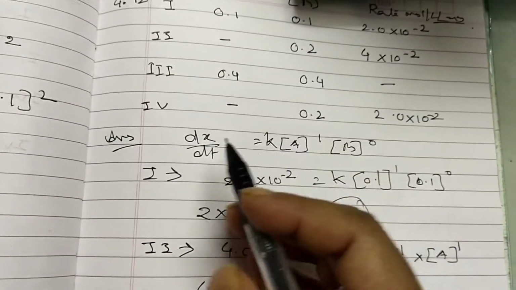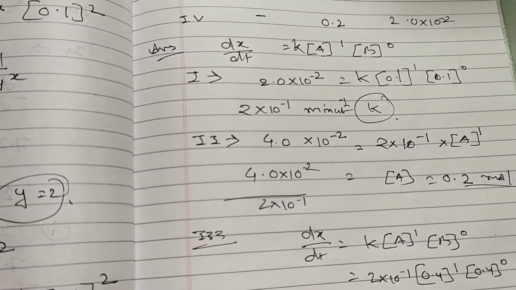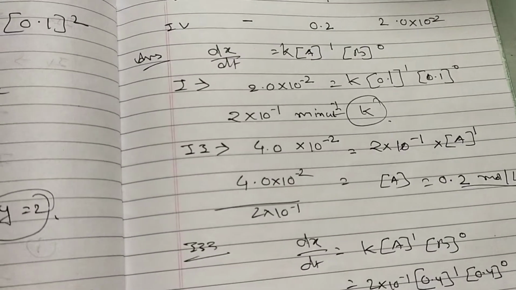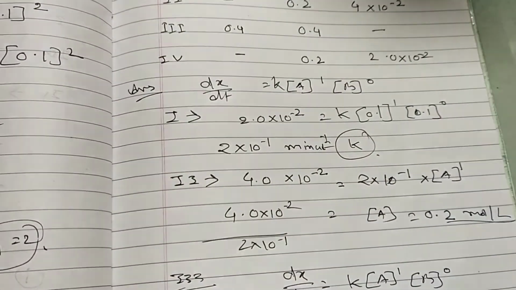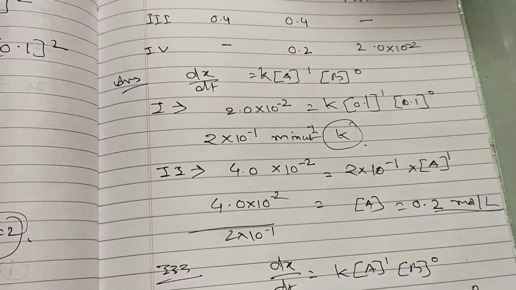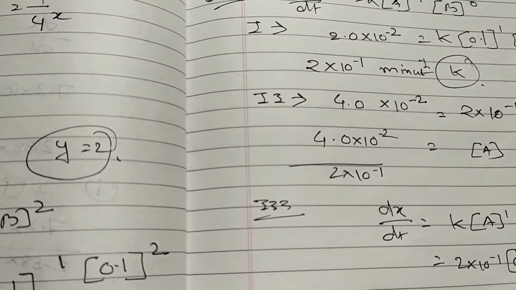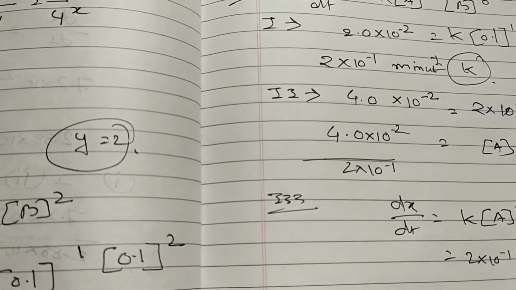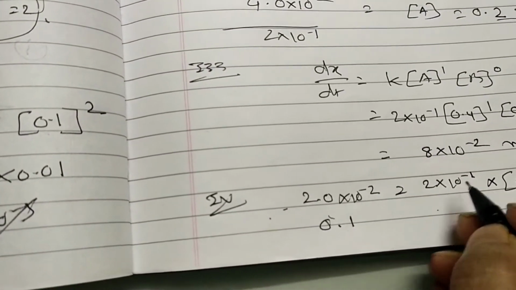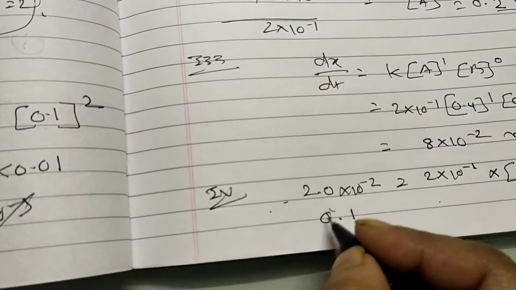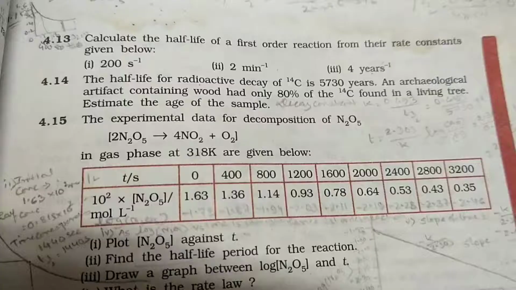Now fourth one, what is the question here, क्वेश्चन इज आपको फाइंड, वही सेम बात है कि कॉन्सेंट्रेशन आपको फाइंड आउट करना है एक ही। तो यहाँ पे दे के रखा है कि dx by dt 2 into 10 to the power -2 इक्वल्स टू k की वैल्यू है 10 to the power -1 into a की कॉन्सेंट्रेशन, जो आपको फाइंड आउट करना है, और b की वैल्यू दे के रखा है 0। ओके, so what will be coming here, a concentration is coming 2 by 2 तो 1 हो जाएगा, तो 1 into 10 to the power -1, that means it is coming 0.1, है ना 0.1। So 10 to the power -2 में -1 है तो यहाँ पे -1 ही आ जाएगा, तो 1 into 10 to the power -1 क्या हो जाएगा, 0.1 इक्वल्स टू कंसंट्रेशन ऑफ a। क्लियर, so it's over now.